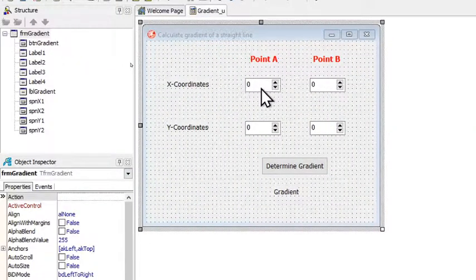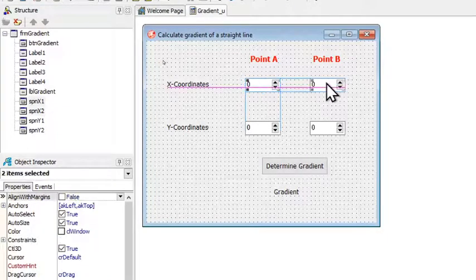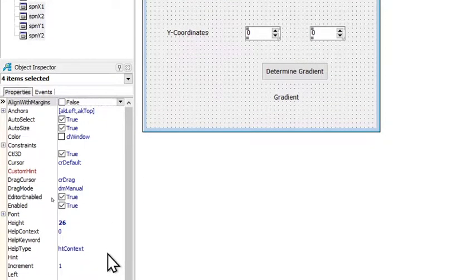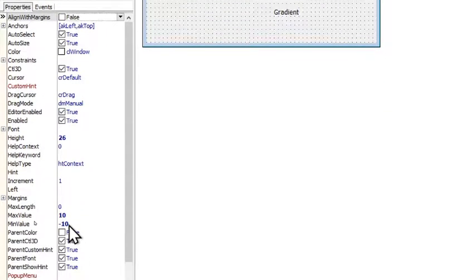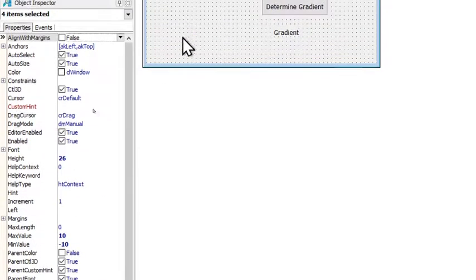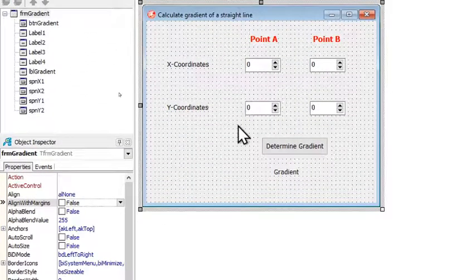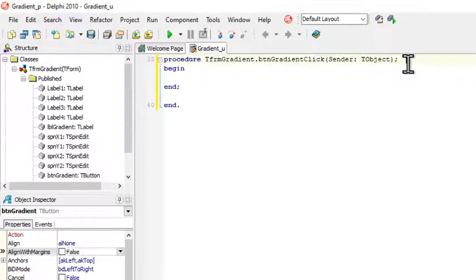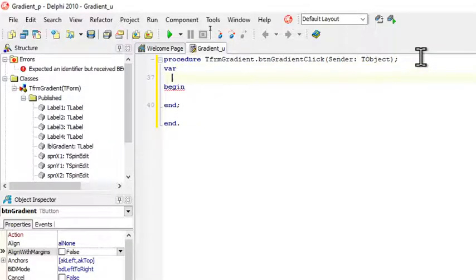So just again, as before, you can simply select these, and then we are going to change the min value to -10 and 10. It is already done, so no need to do this again. So now to determine the gradient. Okay, so the first thing that we're doing is we have 4 values that we need to receive. So I'm going to create four